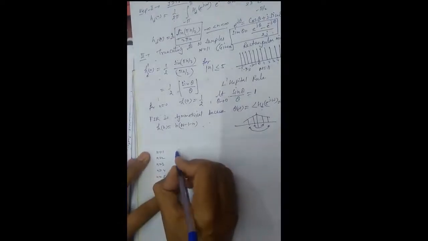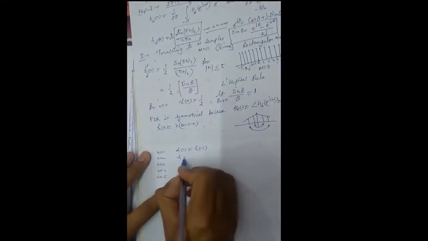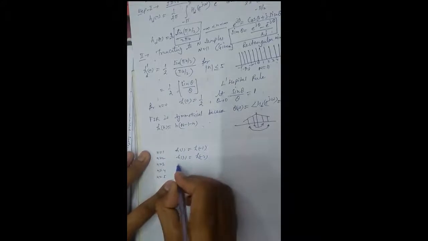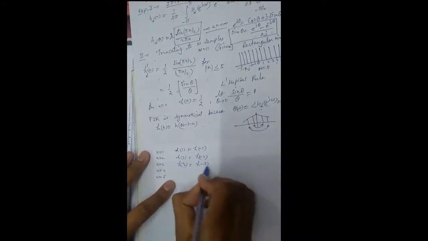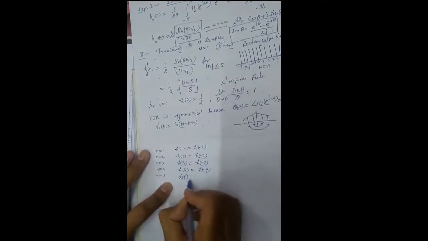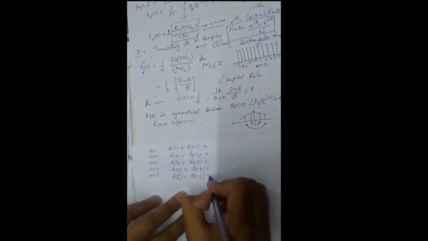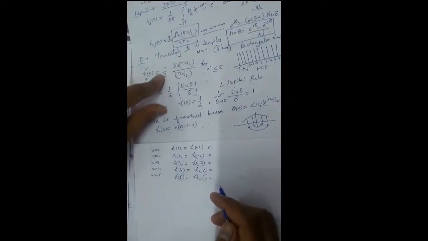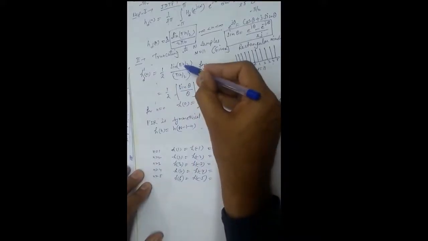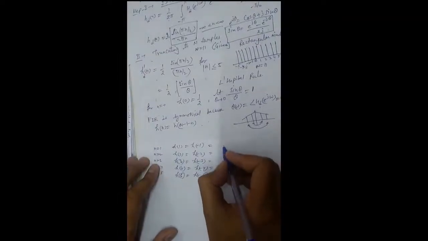By symmetry, we need not find the values for minus 1, minus 2, because h1 is equal to h minus 1, h2 is equal to h minus 2, h3 is equal to h minus 3, h4 is equal to h minus 4, h5 is equal to h minus 5, and this value comes out by this sine pi n by 2 upon pi n by 2 into 2. Putting the value of n equal to 1, you can calculate it. You can calculate for n equal to 2, n equal to 3, n equal to 4, n equal to 5, and these values come out to be